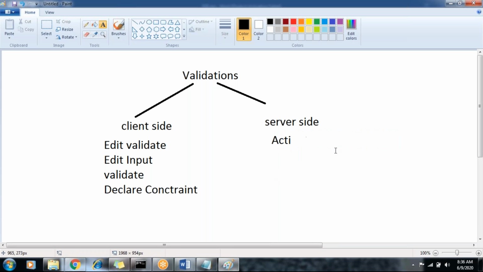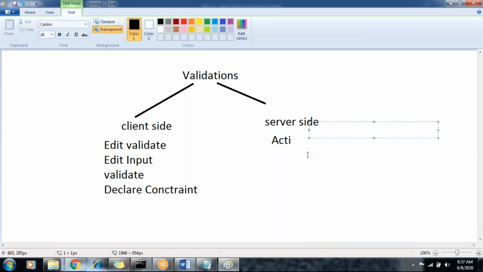Suppose you want to validate the property. After clicking submit, you can search the data in a data table through activities. Through an activity method, you can apply server side validations. Normally, for validating the property we can use activity methods on the client side also, but the main purpose of server side is authorization, that is, whether your details are there in the database or not. This is just for searching.